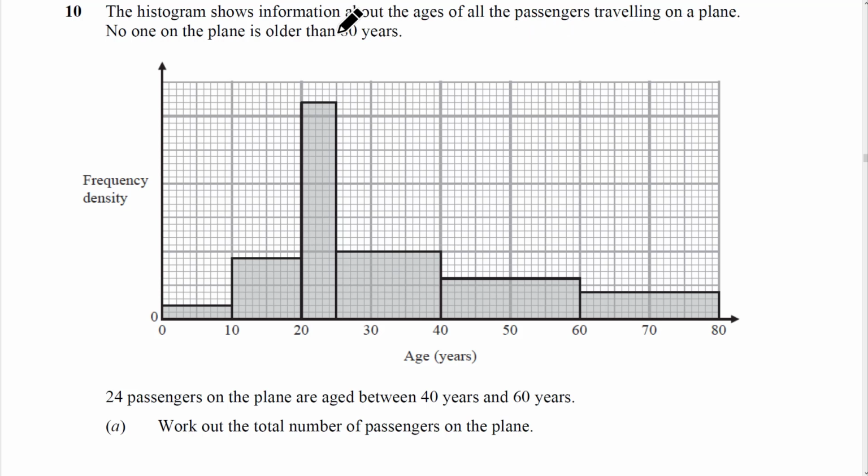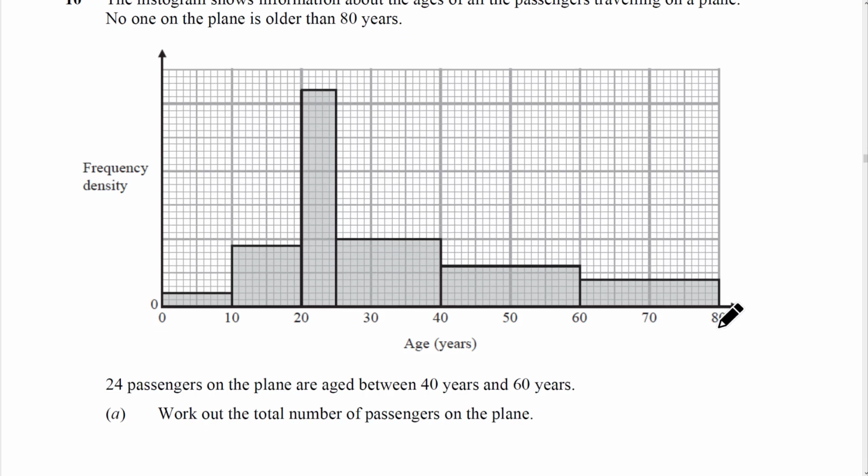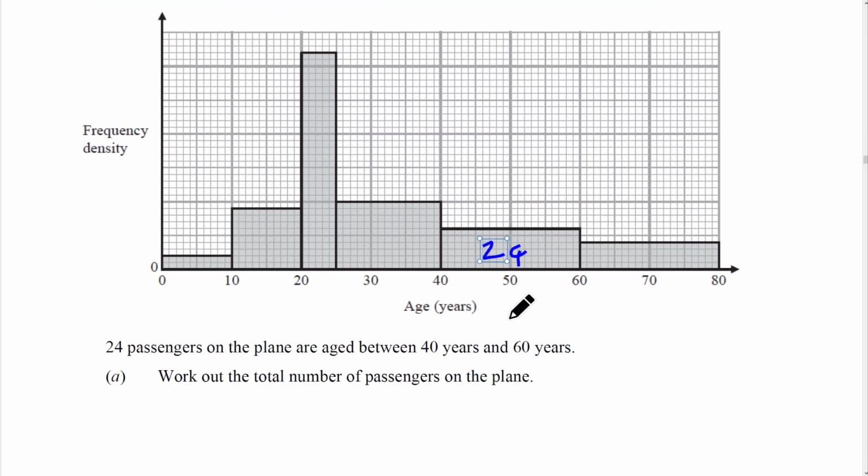Alright, the histogram shows information about the ages of all the passengers travelling on the plane. No one on the plane is older than 80 years. Okay, we can see that. 24 on the plane aged between 40 and 60 years. So that bar's worth 24. So we've just got to think, if that bar's worth 24,